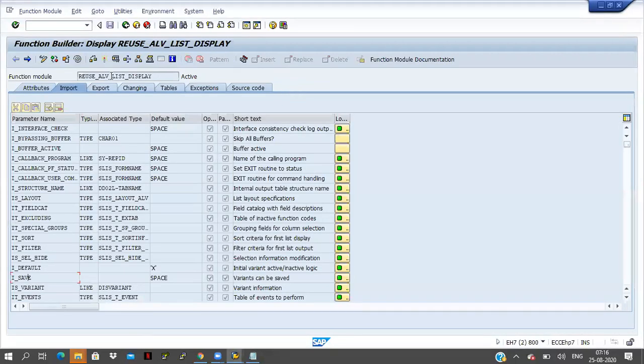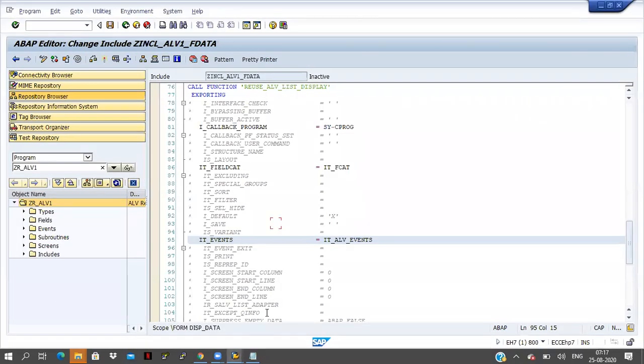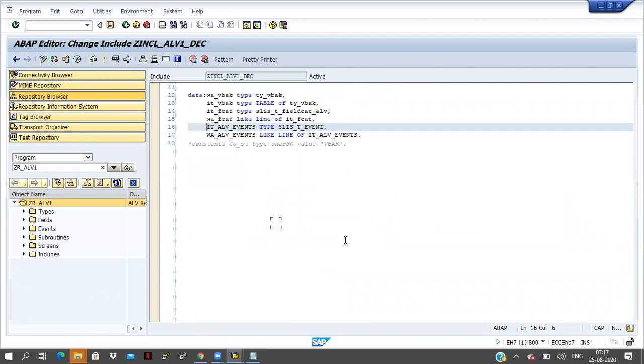This is the function module REUSE_ALV_LIST_DISPLAY, and here IT_EVENTS is there. They are declaring it using SLIS_T_EVENT. By using this structure they are declaring this internal table. In the same way, I am also declaring this internal table using the same structure. IT-ALV events TYPE SLIS_T_EVENT. I just copied and pasted this structure name here.